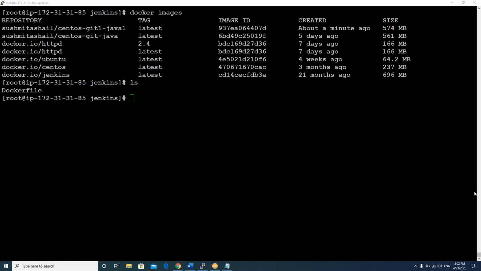WinSCP, I already told you how to do it. WinSCP is one of the tools. With the help of that tool, you can upload files from Windows to Linux and Linux to Windows. In that way you can copy the files. So let's assume, can you create a file here, maybe touch any file name, maybe Shravani.